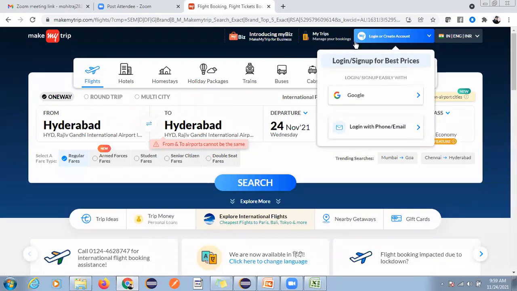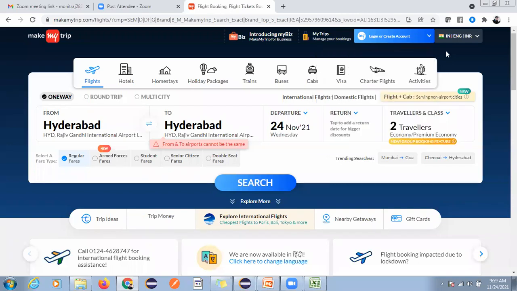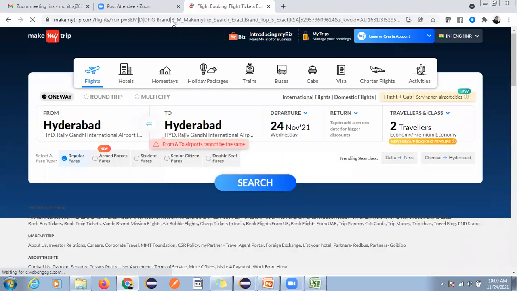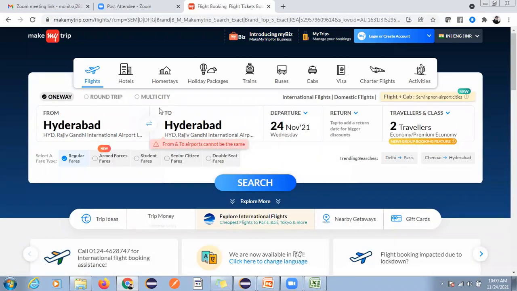Here you have to do mouse over, then you have to do click. In this type of scenario, we will use the Actions class.